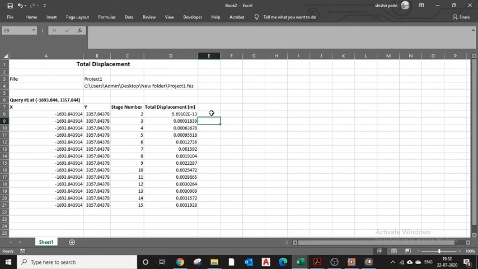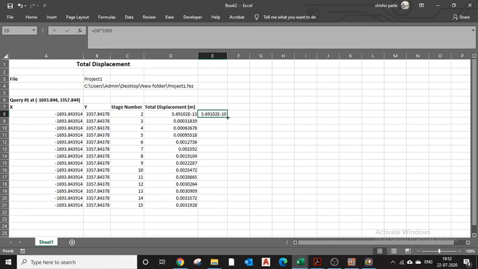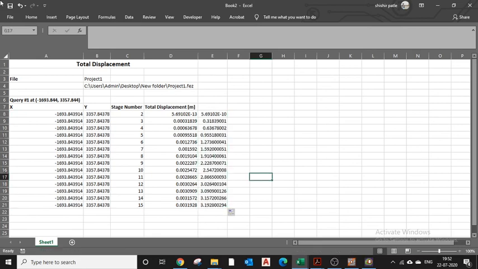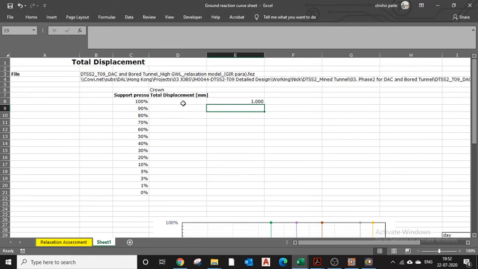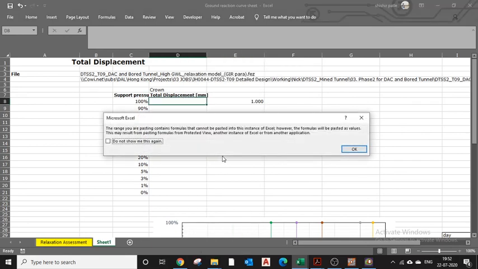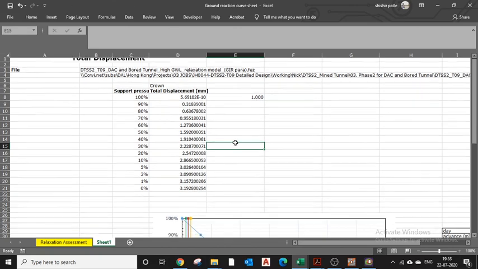My displacement is in meters, so I will convert my displacement into millimeters. I will copy this displacement and place it on my sheet where I have the total displacement.